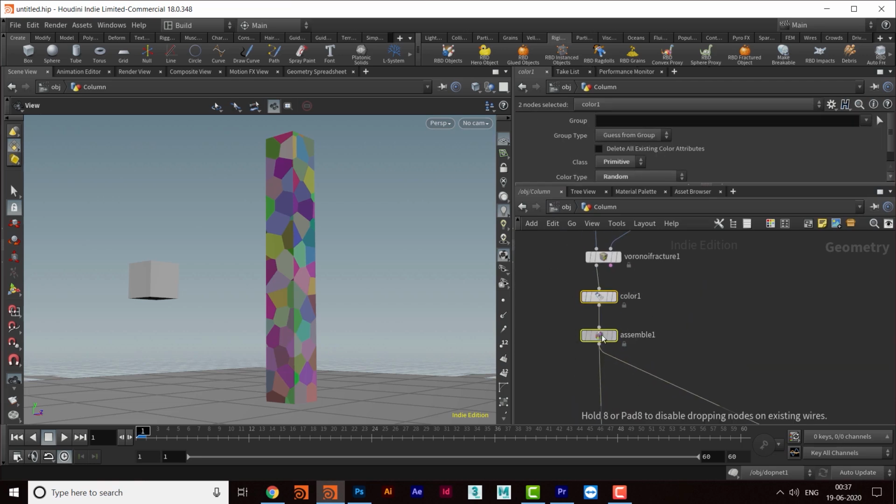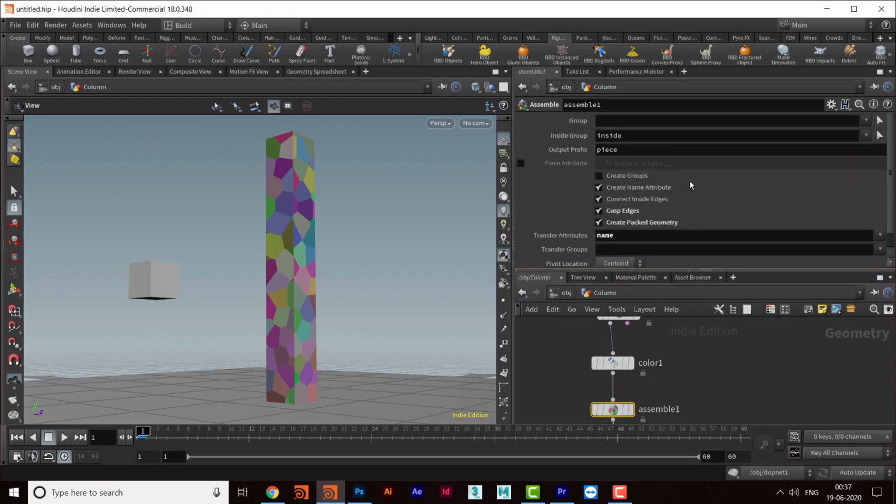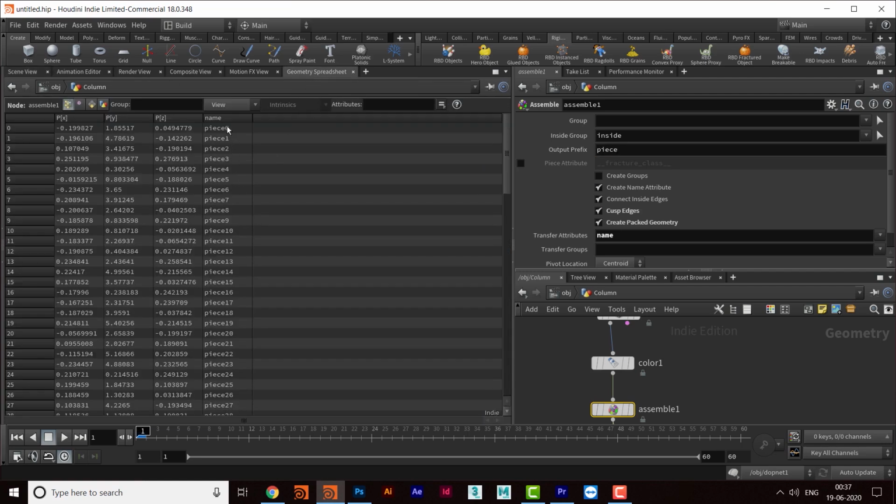So what it is doing, for every piece this assemble node is creating a name, and the name of the chunk is piece. If I want to see it, I will come here in the geometry spreadsheet, and I can see the names of the chunks here, piece 0, piece 1, and so on.